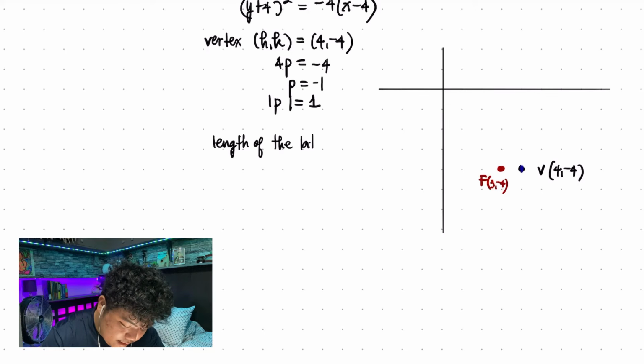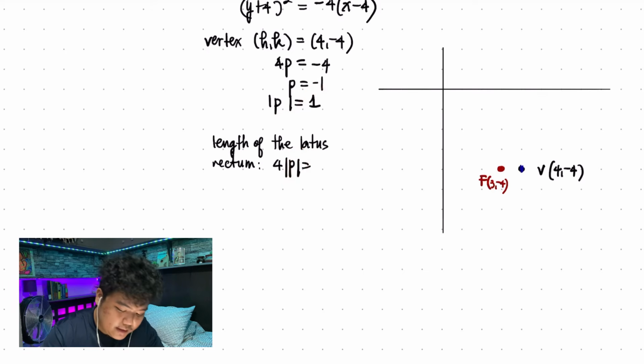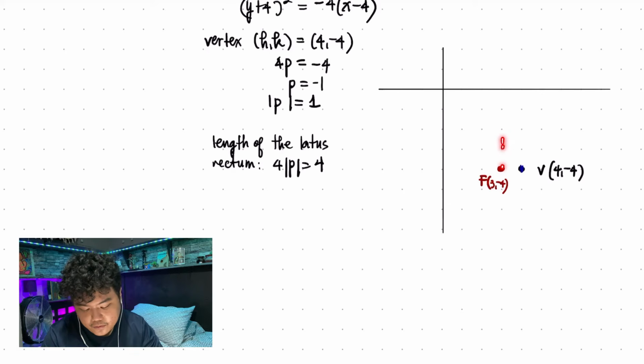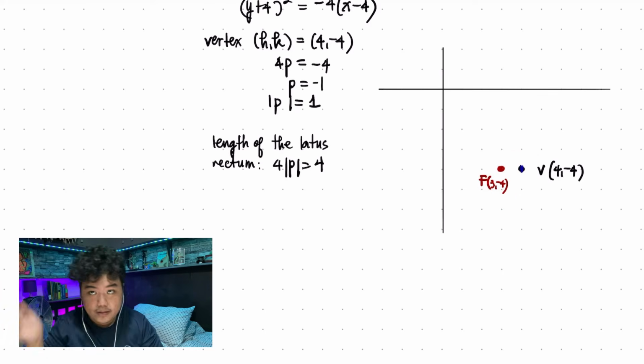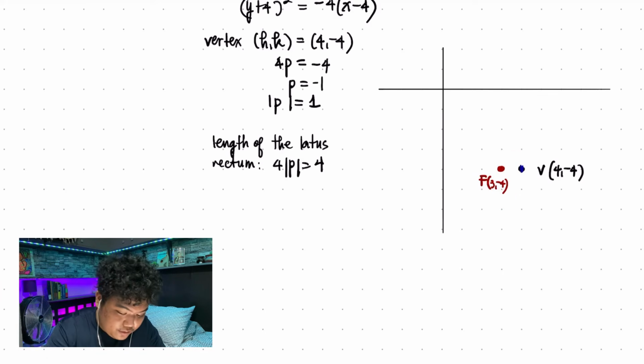Length of the latus rectum for absolute value of P, which is 4 times 1 because the absolute value of P is 1. So, 4. Ibig sabihin, from the focus, 4 units yung length nun. Tag 2 units upward, downward from the focus. So, kung magmumove ka 2 units upward,